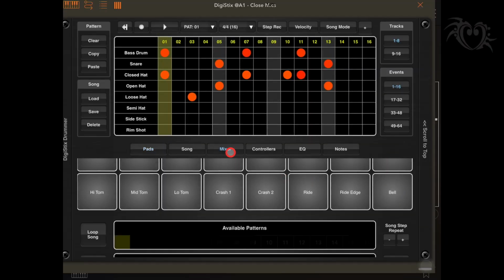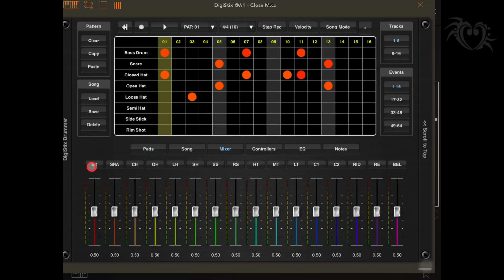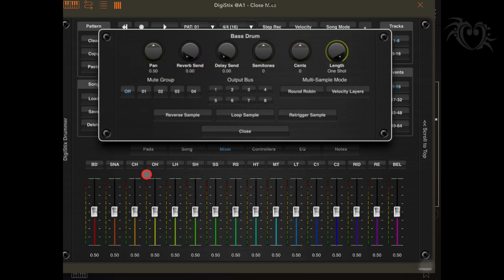Before we activate all the buses, what we need to do is decide which drums are going to be sent to which bus. So the way we do that is we go here to the mixer, and then if I click on the bass drum here, you'll see that that is being sent to output bus 1 by default. So I click on the snare and that's going to go to 2. The closed hat will go to 3, as will the open hat and the loose hat and the semi-open hat,